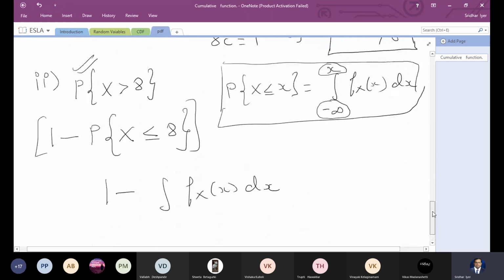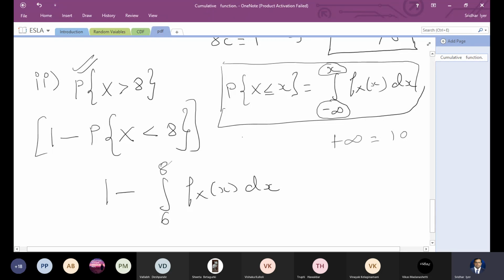Now if I come back to the property, it says that the lowest limit is negative infinity. So in this problem, I am starting at the value of 6. However, this value here is x. It is not plus infinity, right? So what should I fill for x? I have to find the probability less than or equal to 8. Plus infinity in this problem is 10, the highest point. However, I have to calculate the probability only for less than or equal to 8. Therefore, this value x here is nothing but 8.